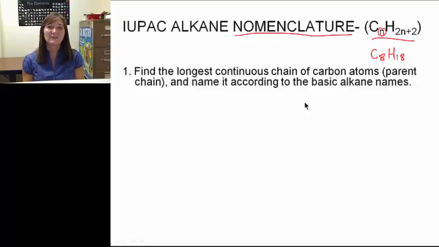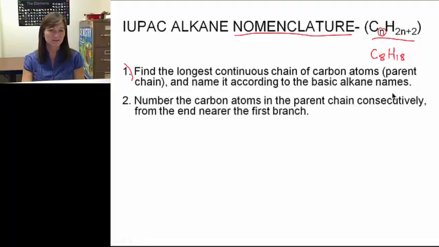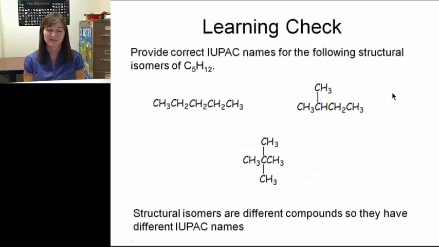Okay, so how to name an alkane. Here is the first step. Step number 1, find the longest continuous chain of carbon atoms, which we call the parent chain, and name it according to your basic alkane names, which I just kind of went over. And we have most of those on your information sheet. So let me skip ahead to this next slide so I can show you what we mean by that first step. The first step, actually, let's go ahead and do this bottom one together. Finding the longest chain. Well, if I start here on the left, if I go straight across, I get 3 carbons in a row. If I go to